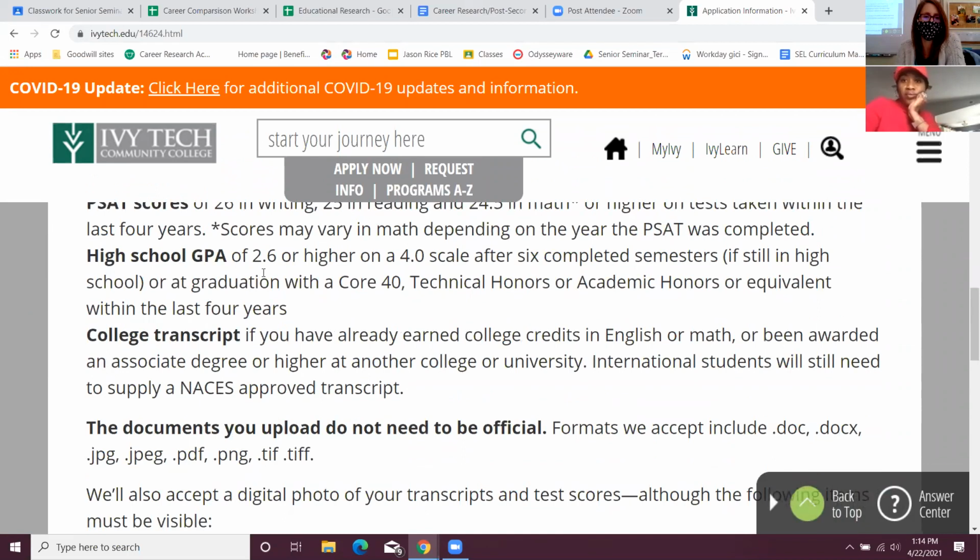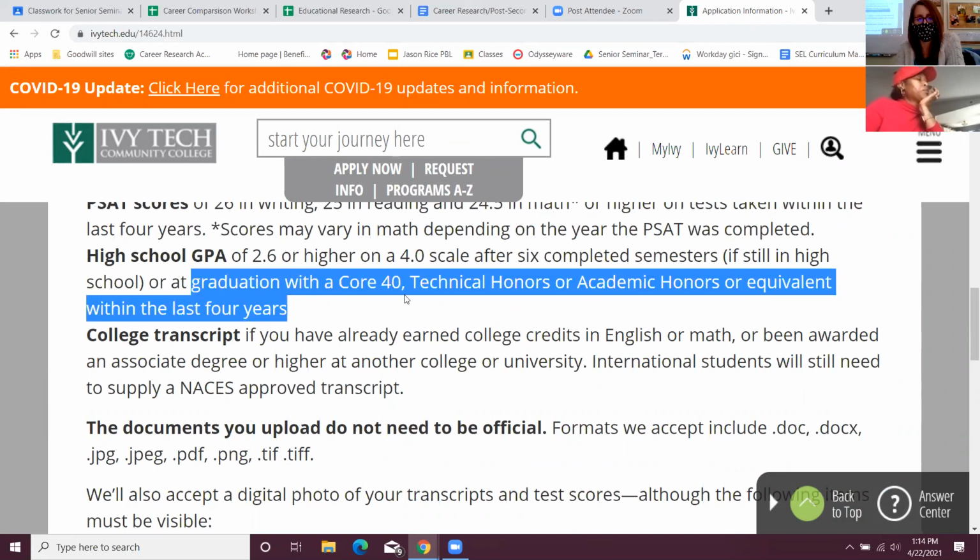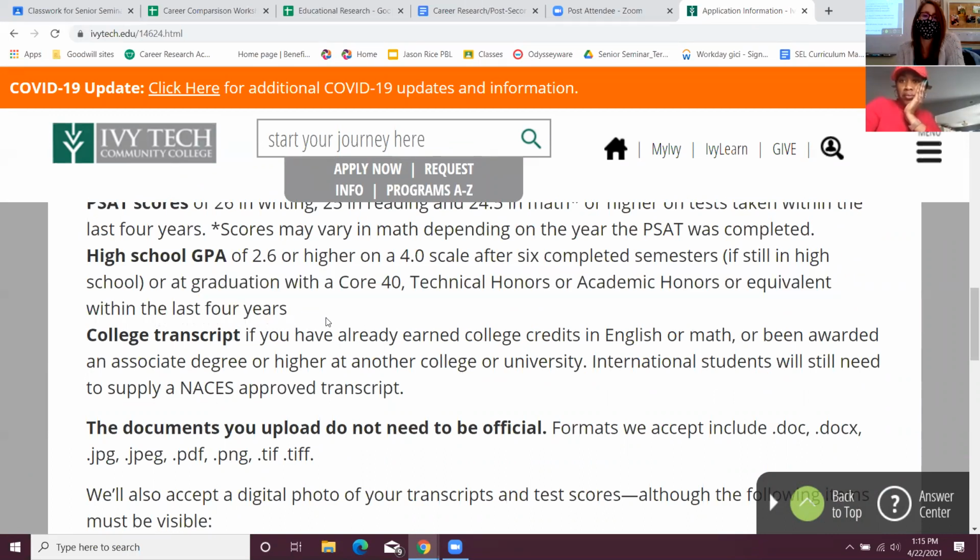If you go down to high school GPA, it says 2.6 or higher after 6 completed semesters of still in high school. So if you're traditional, it would be after your junior year. Or as a graduate, Core 40 high school diploma, technical honors, or academic honors, within the last 4 years. So you could wait until you have your Core 40 high school diploma and you'll get it.